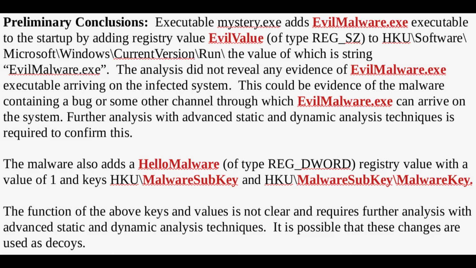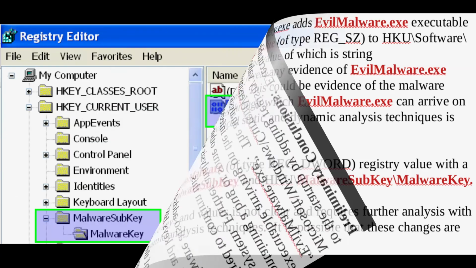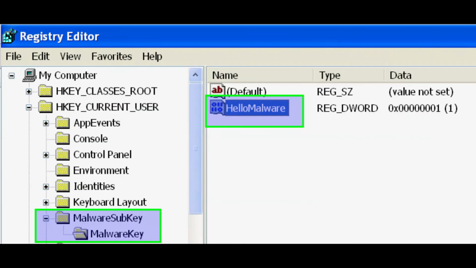We have also observed that the malware adds a value called hello malware to the registry, and we also observed that it adds keys HKU malware subkey and a key HKU malware subkey malware key, and hello malware is added under malware key. Now, I have also used regedit in order to confirm the existence of the registry entries that we just discussed. So here is